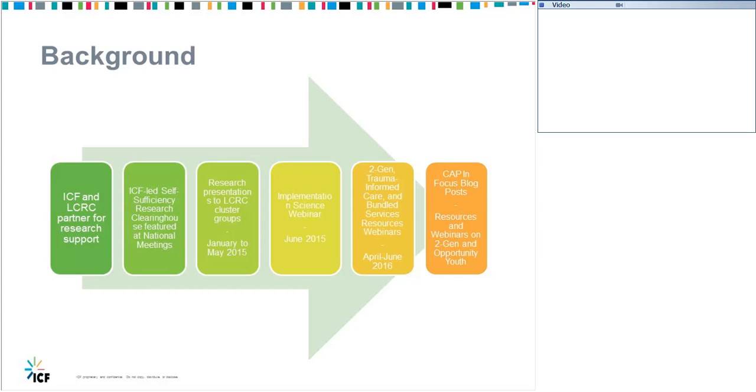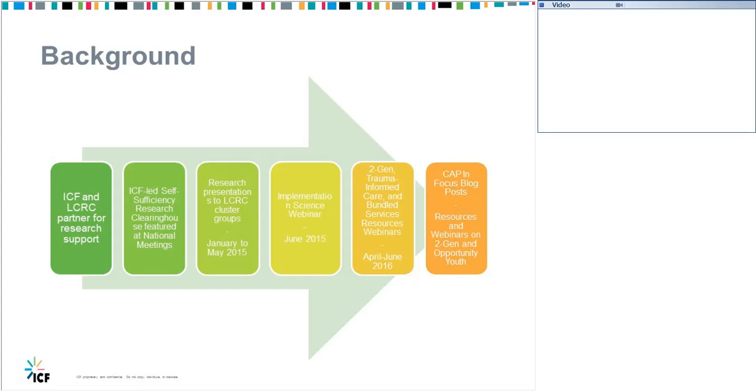You may have recently seen some of the work we've done here at ICF through the CAP blog series in Focus. We started to contribute a few months ago, a few blog posts a month, where my colleagues and I have provided information on a variety of topics around work we do at ICF. That includes opportunity youth, foster care, some work that we've done on reentry, and engaging tribal populations. I think the CAP website just got redone, so I don't have a link to where those are, but we are able to send that out once the website is back up and running with the blog information.